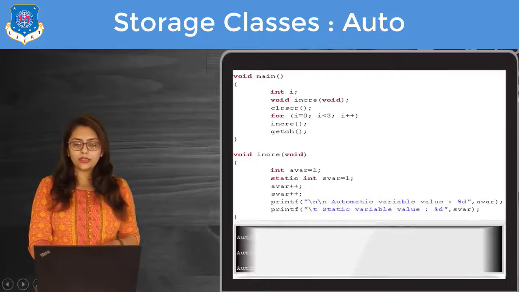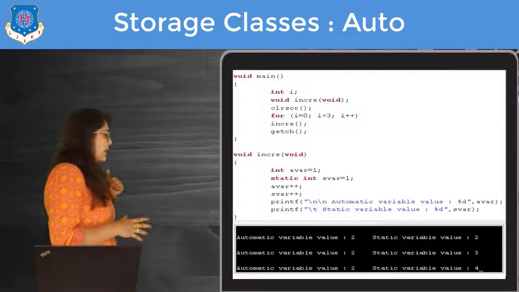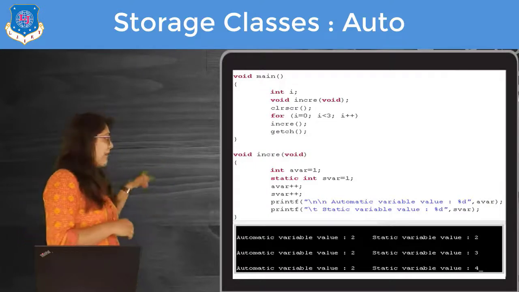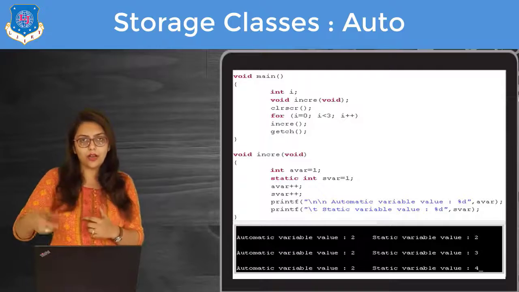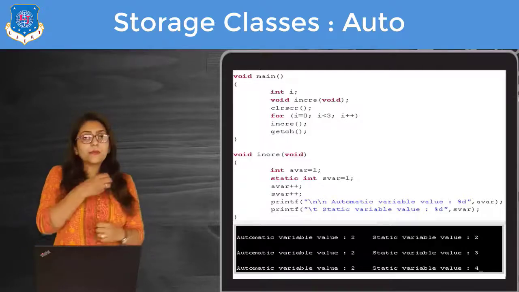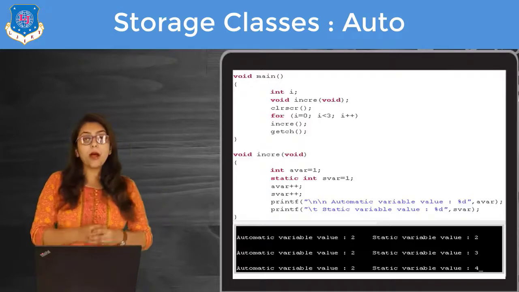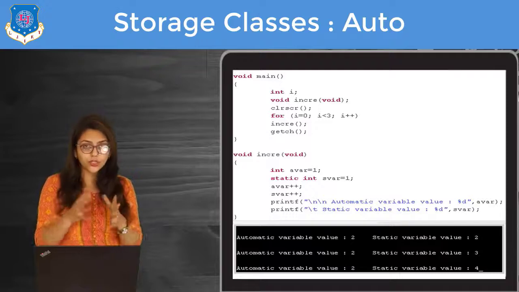Here you can see the output. Whatever variable is declared as automatic will attain the same value every time, because every time it is called, it starts with the initial value, from scratch. So every time the same value is calculated. But a static variable will persist its value throughout the function calls.